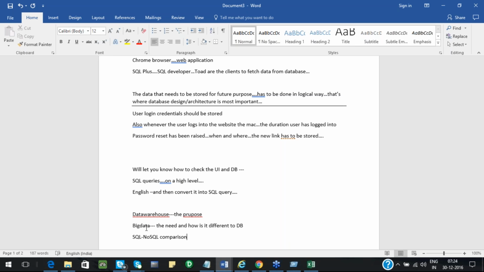Question from Asha: is it necessary to have an idea about database coding and data testing? See, as Karthik and I have reiterated in the starting session, manual testing is not only functional testing. You've got database testing, data warehouse testing or ETL testing, and web services testing. These are all areas in manual testing. If you want a career in database testing, this particular session will give you an idea about what all goes into database testing.